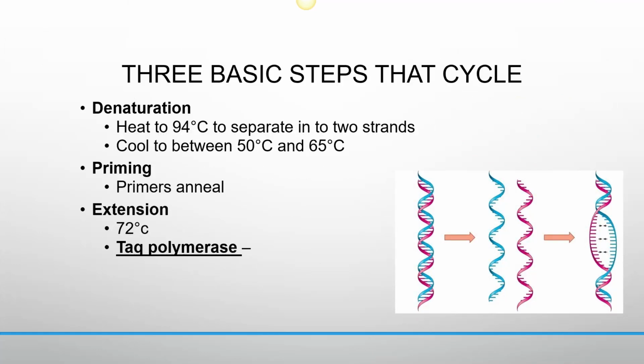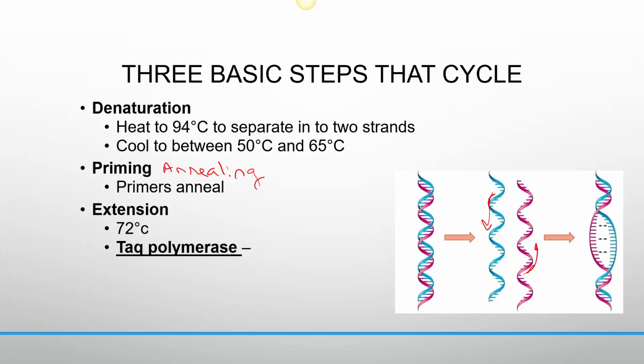So the three basic steps in the PCR cycle are denaturation, priming, and extension. So denaturation, the double-stranded DNA separates. Priming, also known as annealing, is when the primers stick to the strands of DNA. So you'll have a primer stick here and you'll have a primer stick here. And then extension, the primers will elongate. And then you keep repeating this over and over and over again until you make all of your copies of